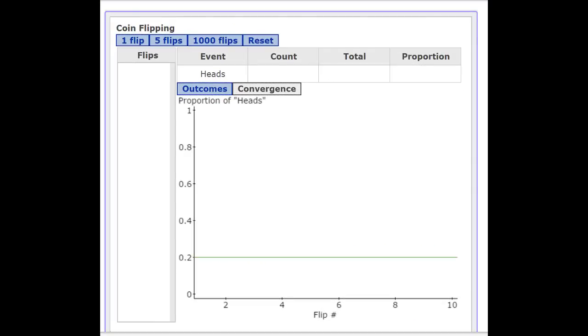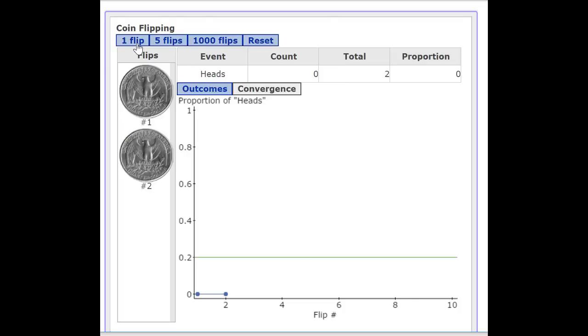This time with a different coin. So let's say that this is kind of a trick coin, a coin that is designed to only land on heads 20% of the time instead of the 50% of the time that we assume to be true. Okay, but this is unbeknownst to you. So you start flipping the coin to try and figure out what that probability is. So you flip it, and you get a tails. Okay, 1. The running total at this point is 0 out of 1, so your probability, the proportion of heads at this point is 0. Okay, so then you keep going,